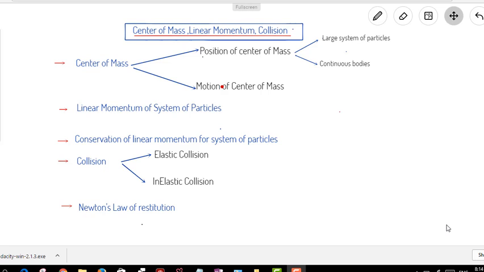In the previous video we saw the basics of center of mass, what is center of mass and how can we calculate the position of center of mass. We did some problems on finding the center of mass of a system of particles, and we also saw the formula or the method by which we can calculate the center of mass of a continuous body. We saw that for a continuous body we need to do integration, unlike the system of particles where we could just do m1 x1 plus m2 x2